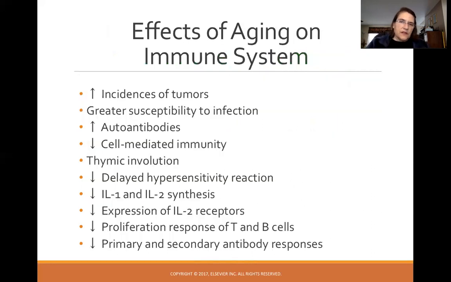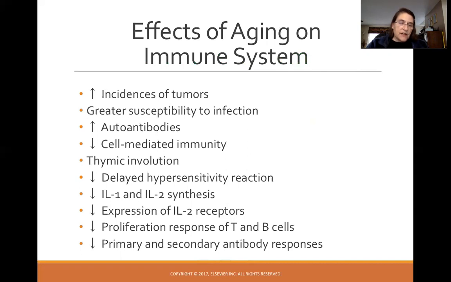So here are some effects of aging on the immune system. We see an increase in incidences of tumors. We see greater susceptibility to infection. We see an increase in autoantibodies, a decrease in cell-mediated immunity. We see thymic involution. We see a delayed hypersensitivity reaction, a decrease in IL-1 and IL-2 synthesis, and a decrease in expression of IL-2